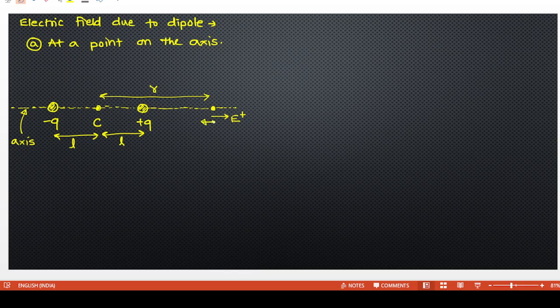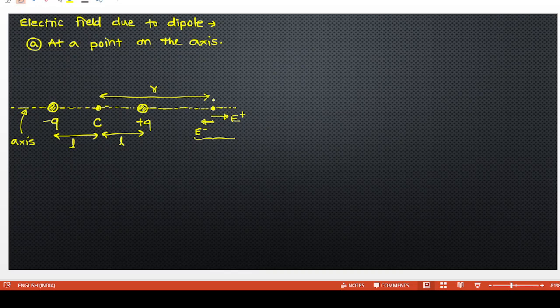Positive charge produces electric field away from it. Negative charge produces electric field towards it. So this will be called as E minus. E plus and E minus are just numbers. The arrows take care of direction. The net electric field will be what? Who will win? E plus will win or E minus will win? Electric field due to positive charge will win, because charges are equal in magnitude, but positive charge is closer to